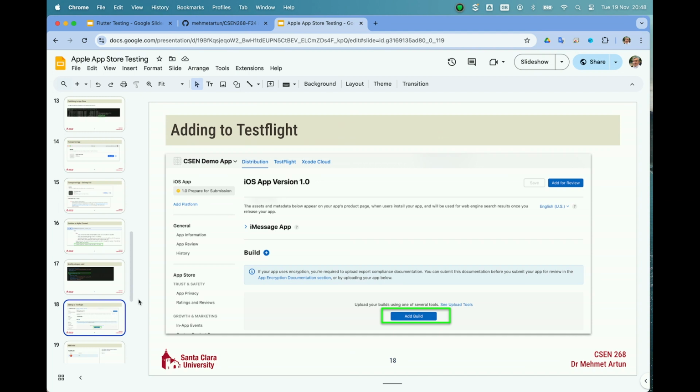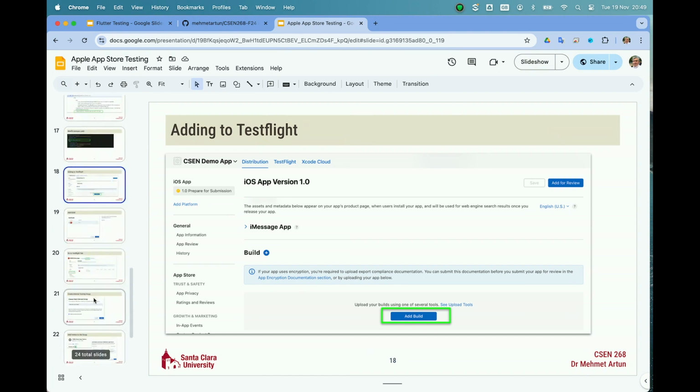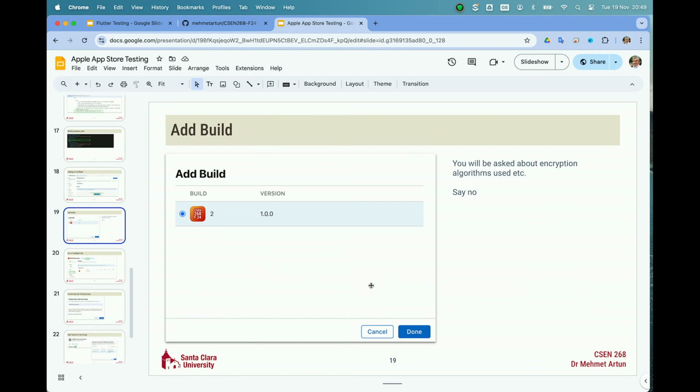Even though we uploaded the build to the App Store, it doesn't mean it got attached to the app. So with this add build, I can now put this build into some queue, okay? And when I say add build, it looks at all the uploaded builds, and I can select it to add it into the